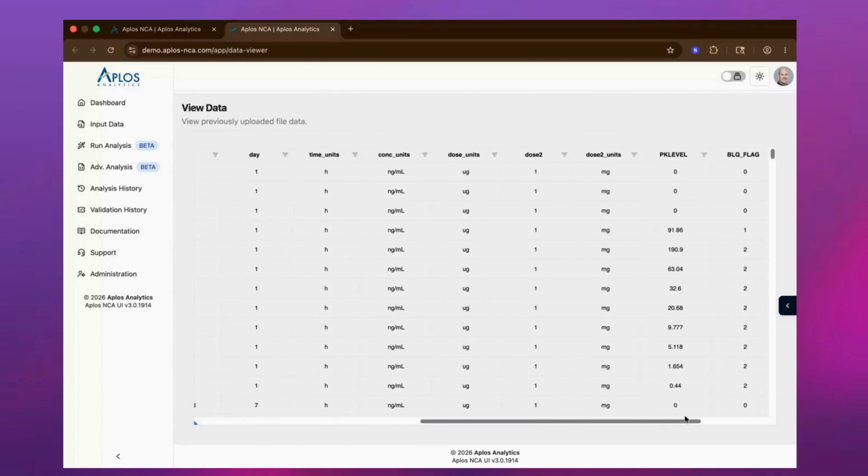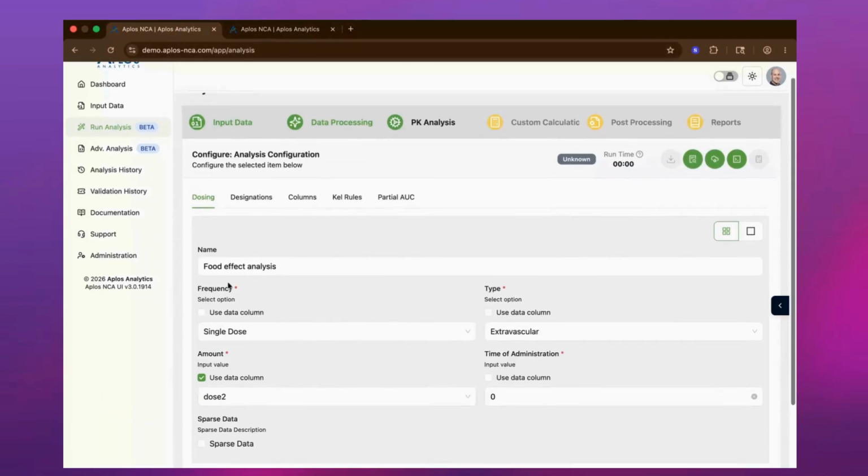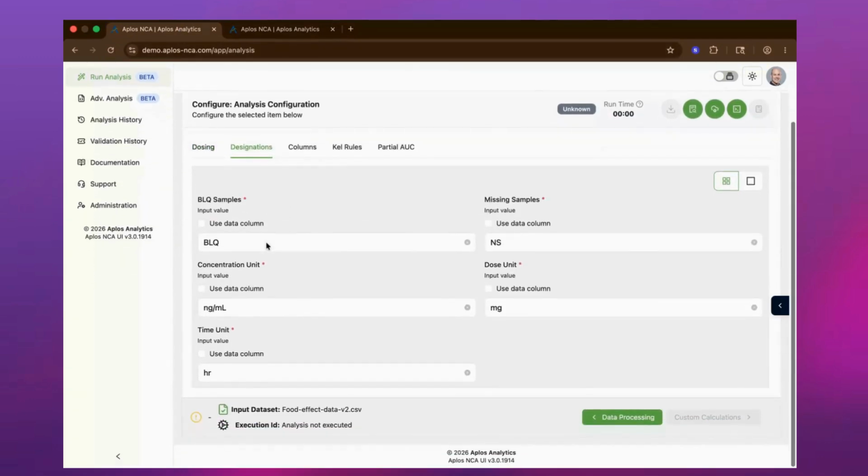And so if we look here, the main dose units are in micrograms and dose 2 units are milligrams. So we want to use dose 2 for our dose amount. And then we go into our designations, and the BLQ and missing sample counts will be correct. I'm going to use